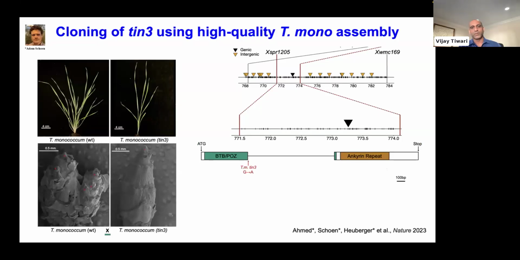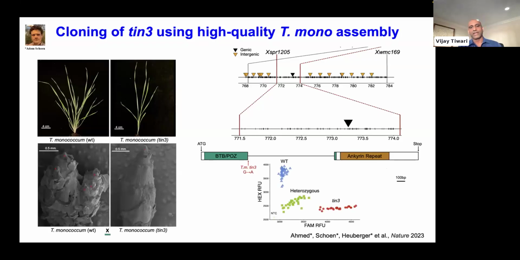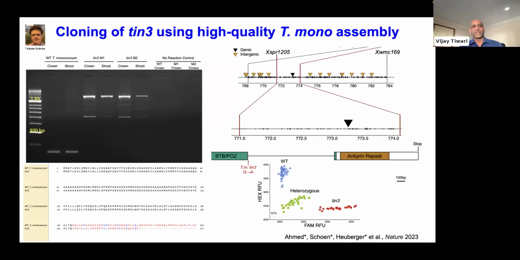We thought probably this mutation is creating a missplicing variation. So then we developed a marker out of that and ran it on a big population, and we found that it was always segregating with the phenotype. That basically increased our confidence. And then we extracted the mRNA from the right stage, from the wild type and mutant plant. The idea was that if it is a misspliced mutation right here, then probably we are seeing an intronic retention, and that is causing a truncation.